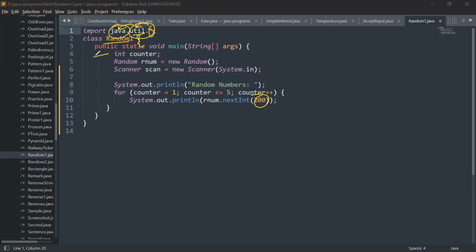And then you have int counter. So the fourth line indicates that the variable counter is being initialized over here. Random random is equal to new Random. This is a class initialization of the Random class, which is in the util package, java.util.Random class, inside the util subpackage of the main package, which is Java. So this generates a